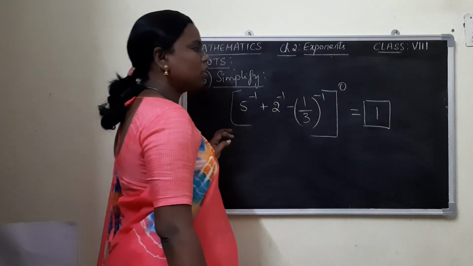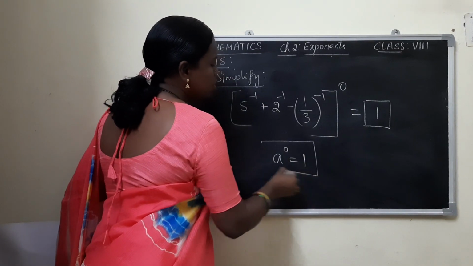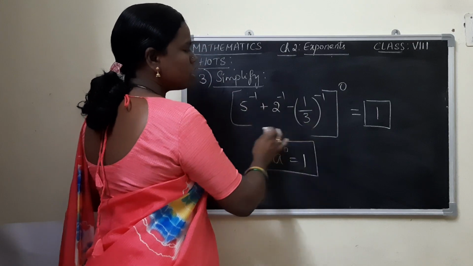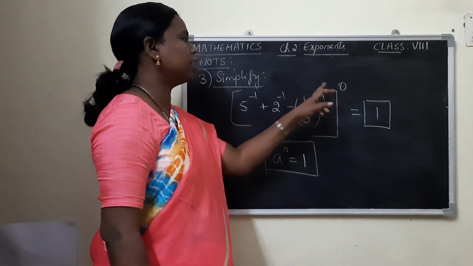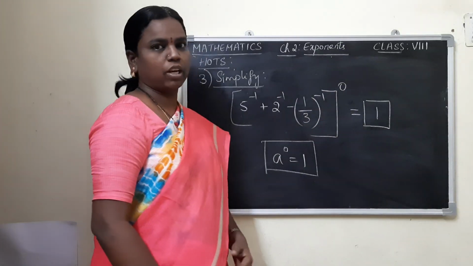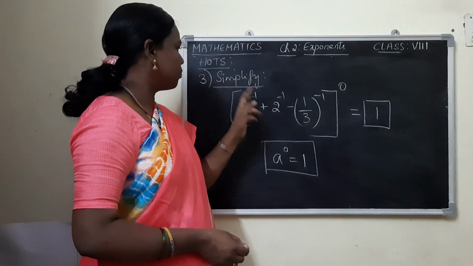So what is the law you are applying here? A power 0 is equal to 1. Using this law, you need not solve whatever is there inside the bracket, but directly you can write the value as equal to 1. So hope you have understood all the HOTS problems that we have